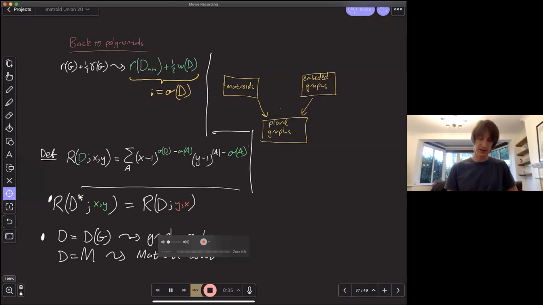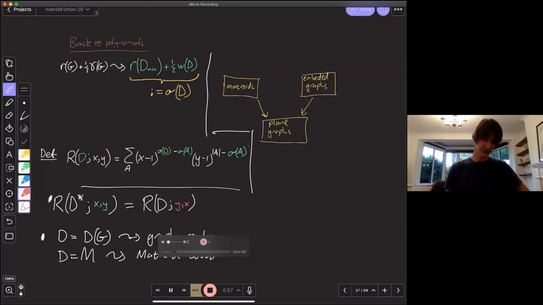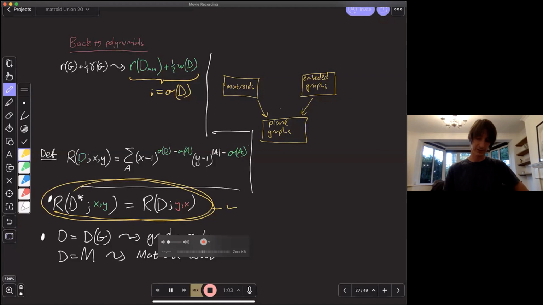Then I would take my ribbon graph polynomial, my two-variable Bollobás-Riordan polynomial, or my topological Tutte polynomial for embedded graphs, depending on what language you like, and just replace the G for graph with a D for delta-matroid, here and here, and I've got a new graph polynomial. And again, what have I got? I've got my beautiful duality formula. And again, that's without any restriction.